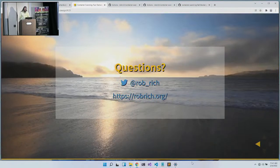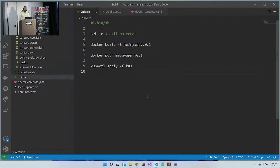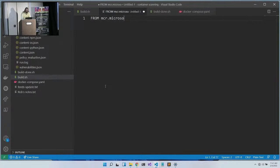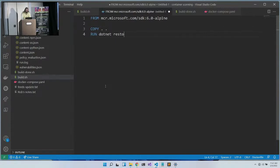Excellent. Let's flip over to this build script where we did that Docker build, we did the Docker push, and the kubectl apply. Now the interesting thing is here, where's our, oh, I don't have my Dockerfile here. Inside my Dockerfile, let's actually create a new Dockerfile from mcr.microsoft.com/dotnet/sdk:6.0-alpine, copy all the things, run dotnet restore, run dotnet build, we'll build in release mode, run dotnet test. I've never built a Dockerfile this fast before, but this is awesome. Run dotnet publish -c release -o dist